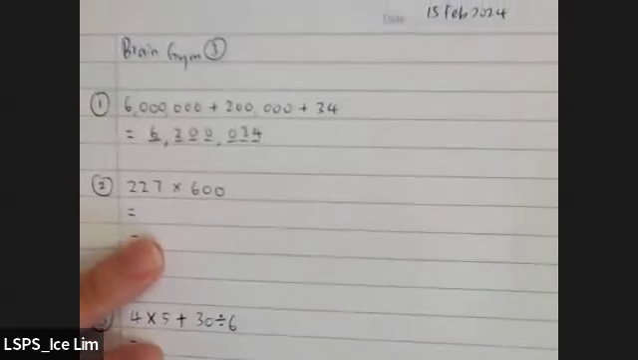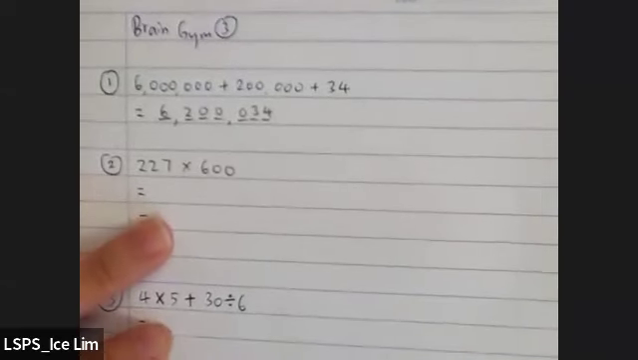So we are at brain gym number 3. The first one, 6,200,024. Next one,